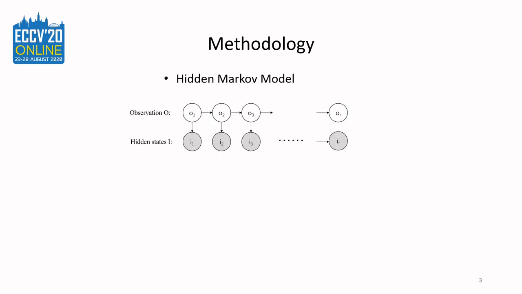Now we start to present the methodology of our work. Hidden Markov model is a statistical model for time series based on the Markov process with hidden states. The principle of the hidden Markov model is to determine the hidden state with the maximum probability according to the observation sequence. Generally speaking, it relies on the distinguishable probability distributions of features to correctly define different hidden states.